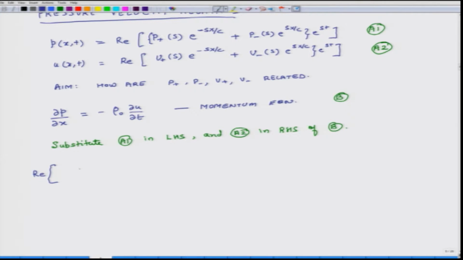So, I get P plus of s, and then when I differentiate e to the power of minus s x over c, I get s over c,